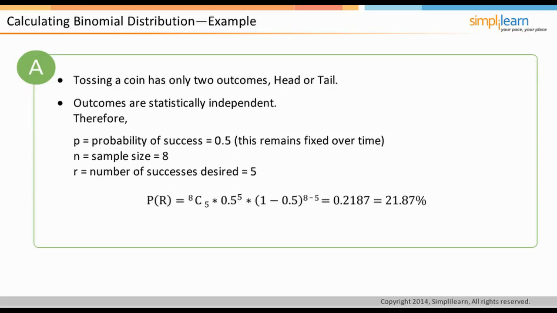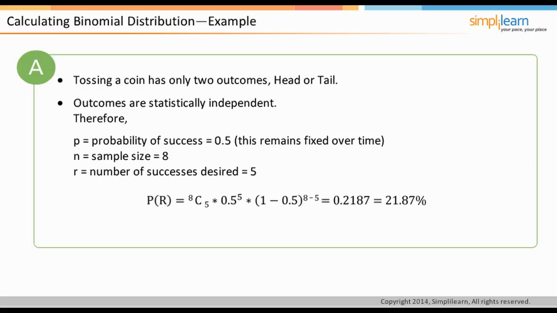The tossing of a coin has only 2 outcomes, heads and tails. It means that the probability of each outcome is 0.5, and it remains fixed over a period of time. Additionally, the outcomes are statistically independent. In this case, the probability of success denoted by p is 0.5. The number of successes desired is denoted by r, which is 5, and the sample size is denoted by n,